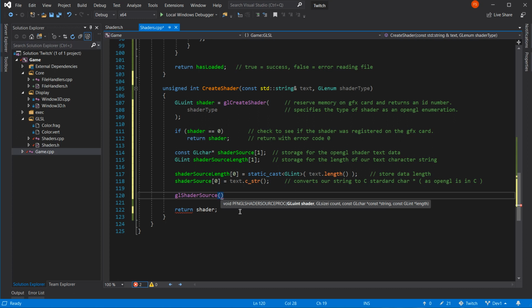PF. Well, FN is function. GL, shader, source, procedure. Pointer to function for GL, shader, source, procedure. And then it does that. So that define, hash define, is a number which points to the procedure on your graphics card.